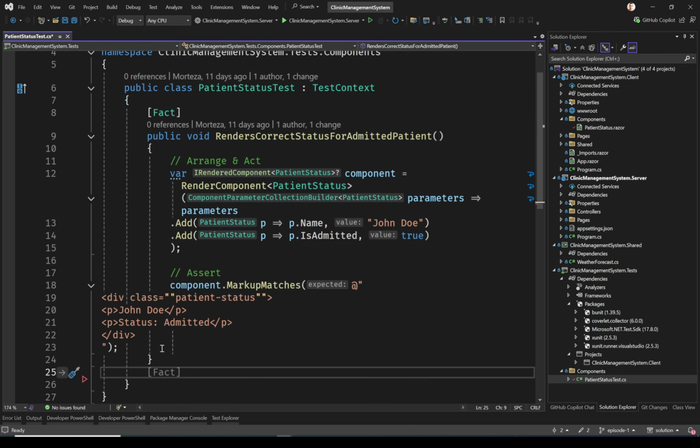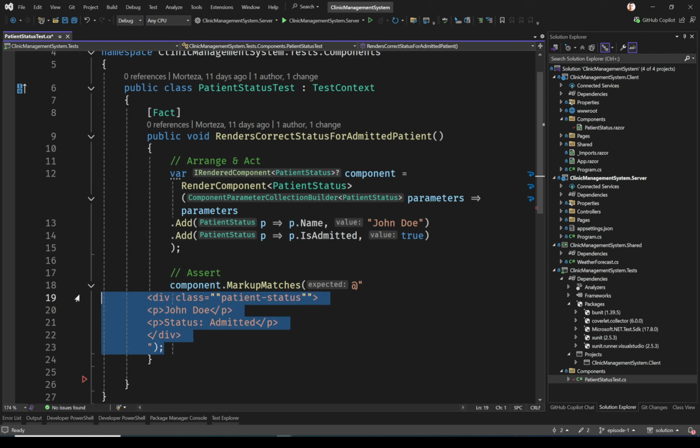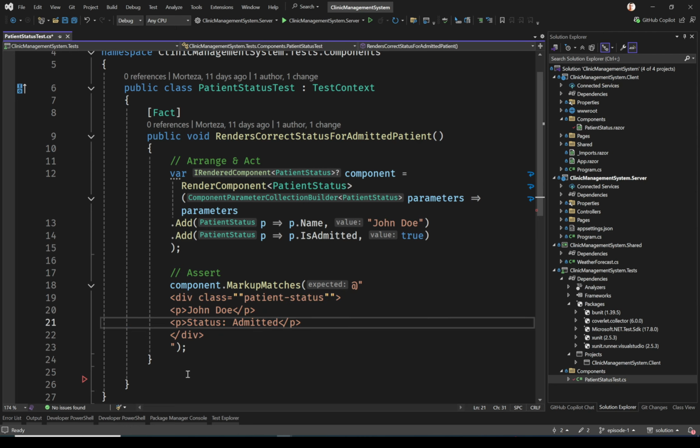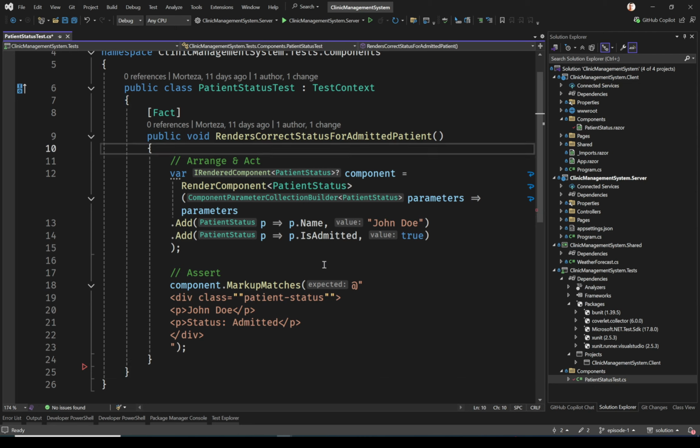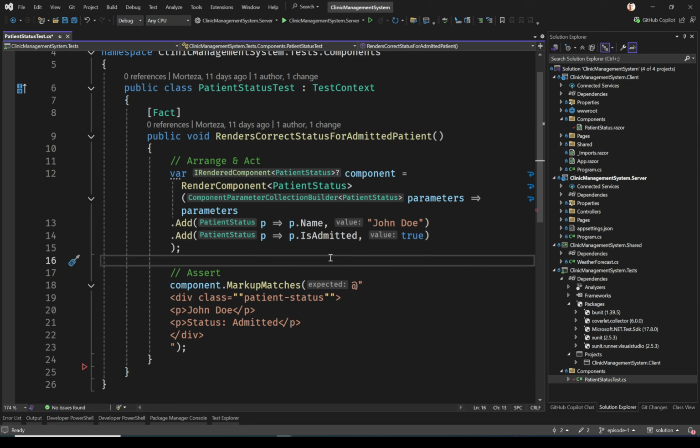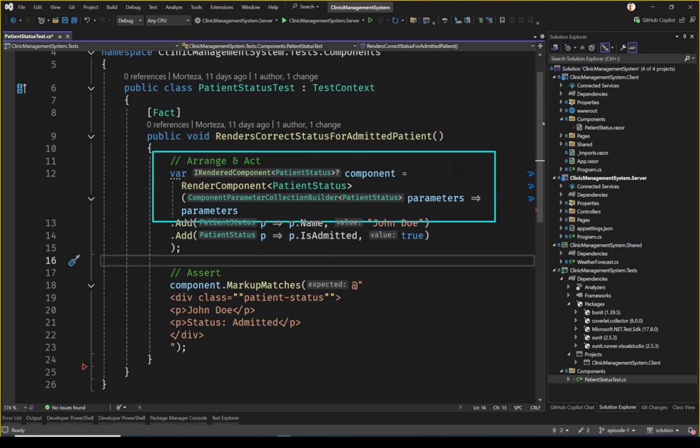So we're done with the first test. By reading the test, I guess you'd understand what the test is doing. It is not that complicated. So basically, we have combined the arrange phase and the act phase. We are creating the component itself. So we are using this render component function, and we are passing the type of the component we want to render, patient status, and we have a reference to this